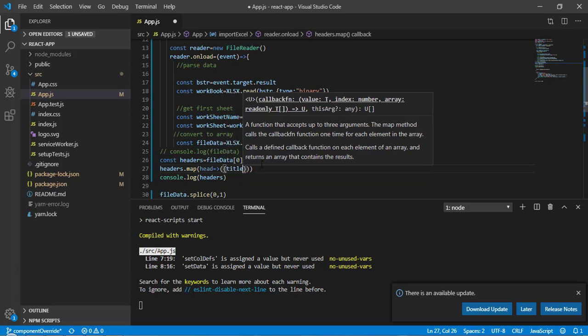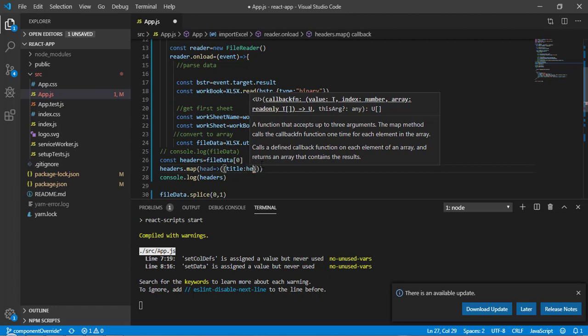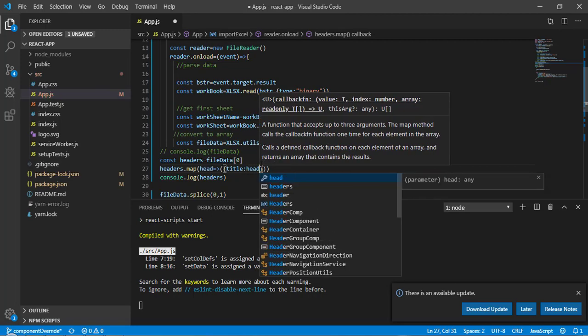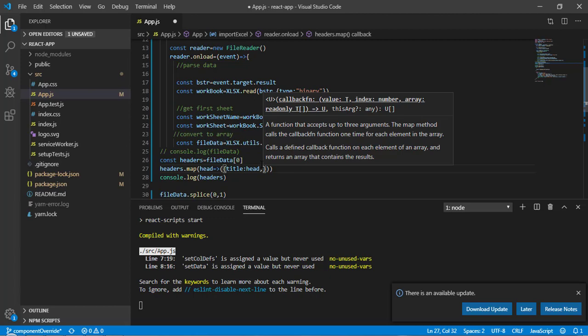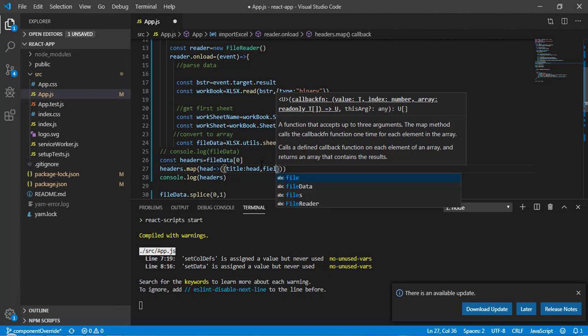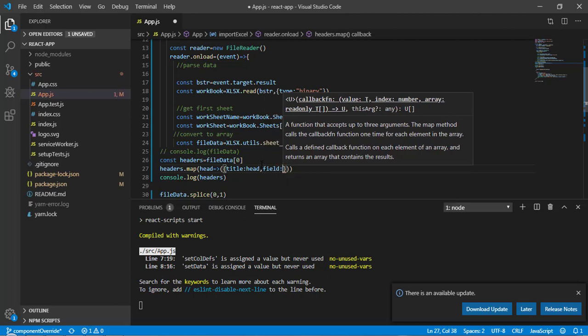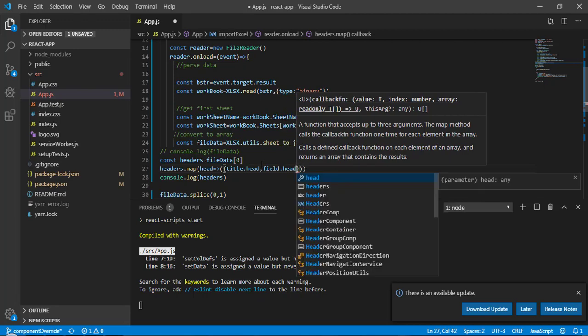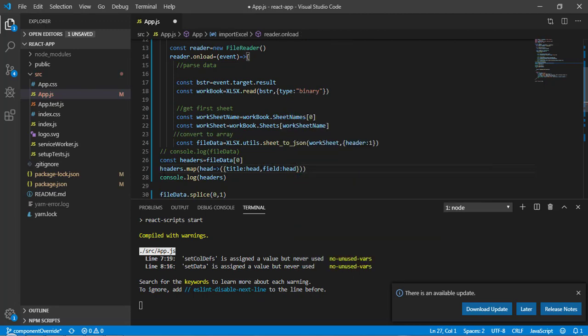First is the title, and title is going to be our head value, and second is the field, and this field is also going to be the head value only. Now let's store this value, so let's call it heads, and instead of printing headers, let's print heads.